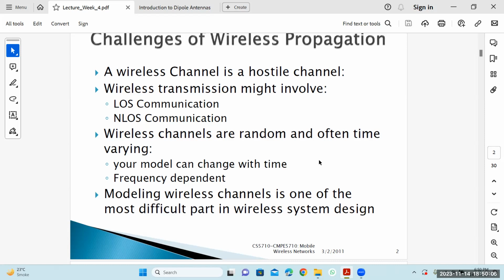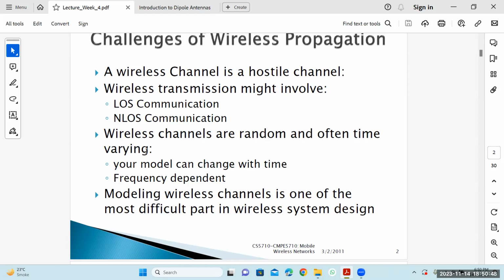And it has to go through a lot of different things. You will see today what kind of role reflection, diffraction, and scattering play in this regard. So obviously, the signal undergoes so much that eventually the channel, you can say, destroys the signal. So eventually, you have to do something at the receiver, and that is why the design of the receiver is always difficult. Okay, now we have seen that wireless channels are random and often time varying.